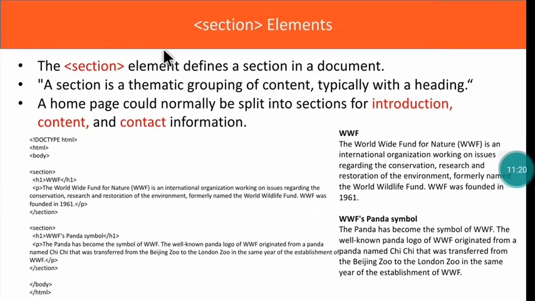The section element, as you just saw, defines a section in a document, and a section is a thematic grouping of content, typically with a heading. A home page could normally be split into sections for introduction, content, and contact information.